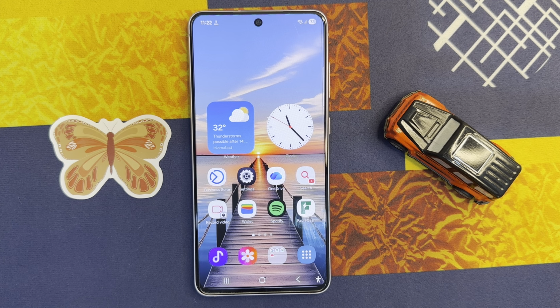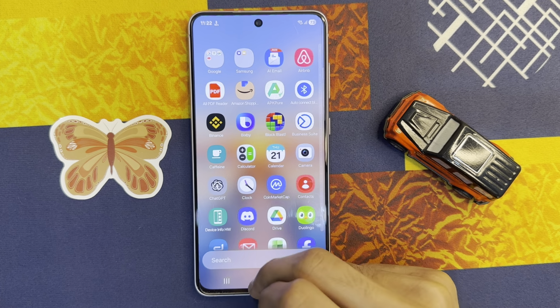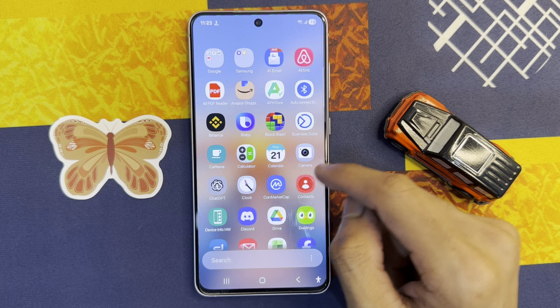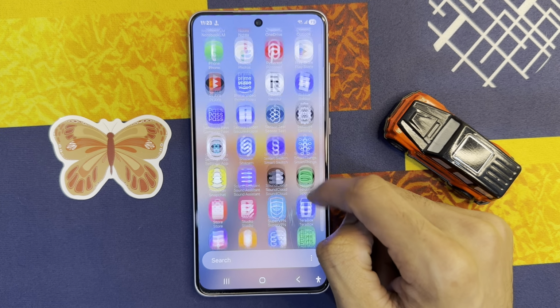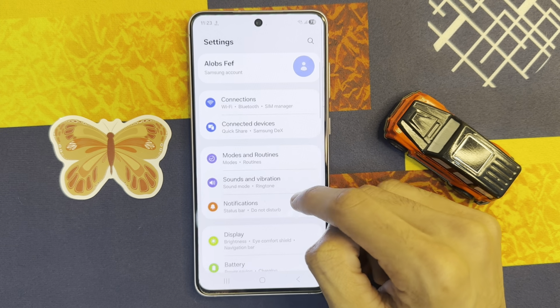But if it is not solved, then check your network. After checking your network, you will see your problem is solved. But if it's still not solved, go to app library, click on settings app. Now in settings, scroll down